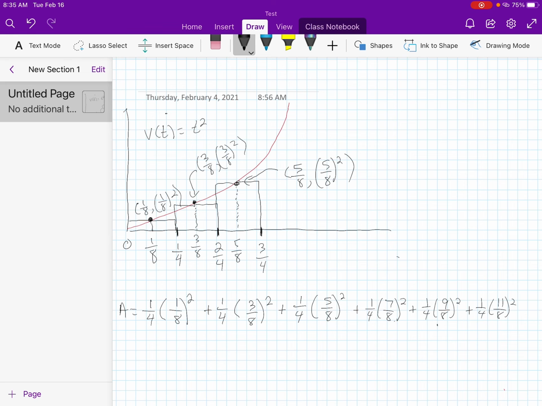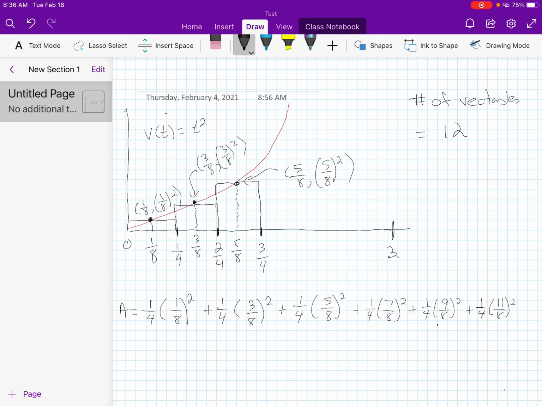And I'm going to do them all here, but I hope to do something at the end that makes you go, oh, I see where to end. See, I'm going to put an ending value out here of, they wanted from 0 to 3 seconds along here. That can help you too, knowing where the last value is. I don't want to go past 3 seconds there. Okay, so how many rectangles? This will help too, if each one's width is 1/4, and I want to go for 3 sections, then